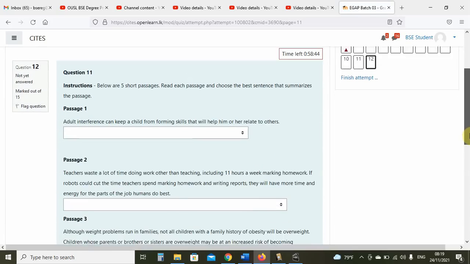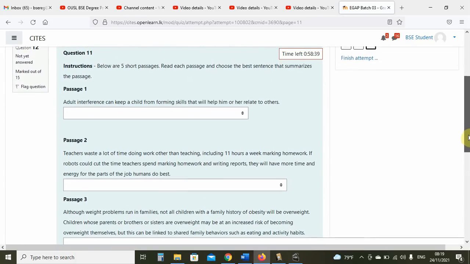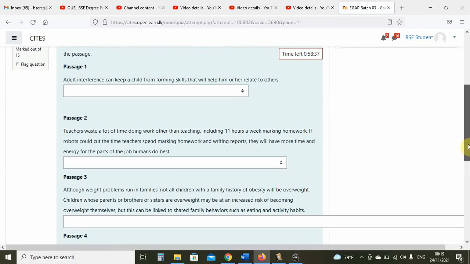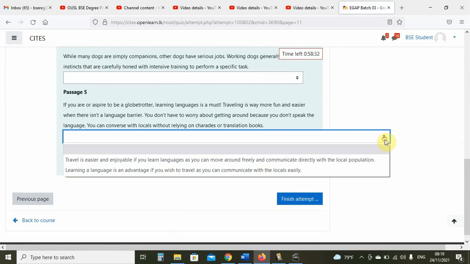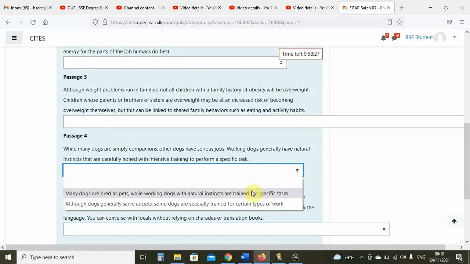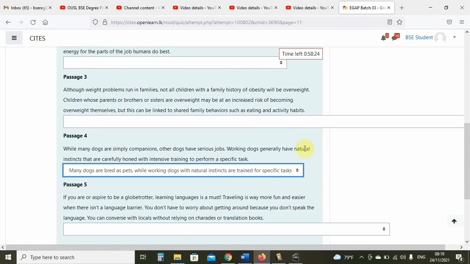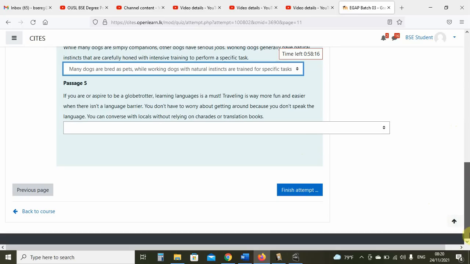It's the last page. In this page, you have to write a sentence as the answer here. Sentences are given and you have to choose one of them, right? So that is how this works. In this case, it's going out to the side. You need to go down here to find the button, and then at the last page, of course, you get this finish attempt. So I will now click finish attempt because this is just a dummy student account.